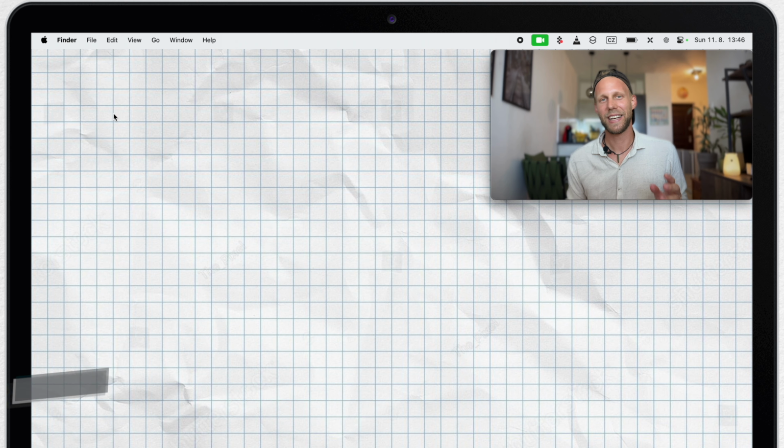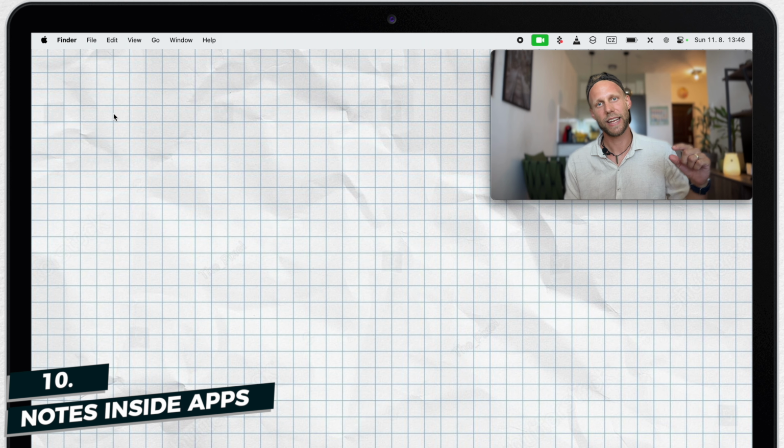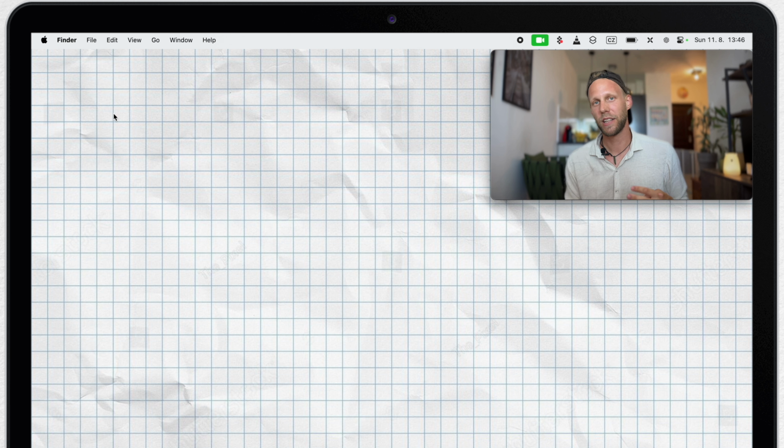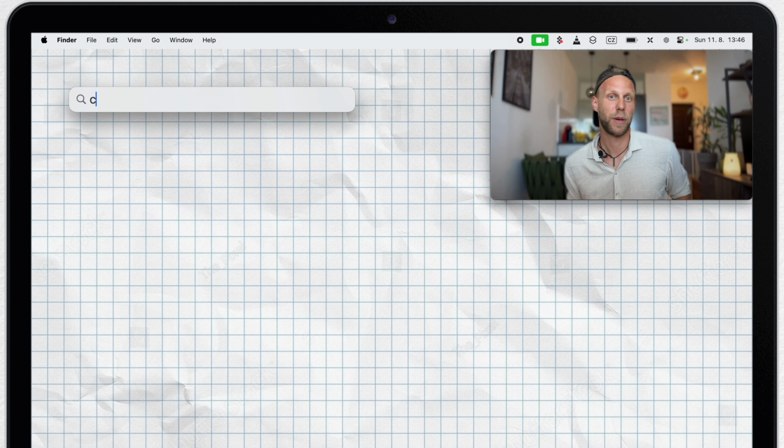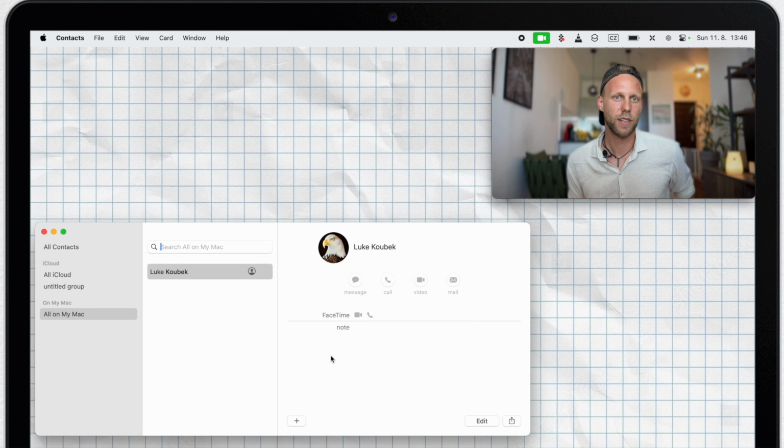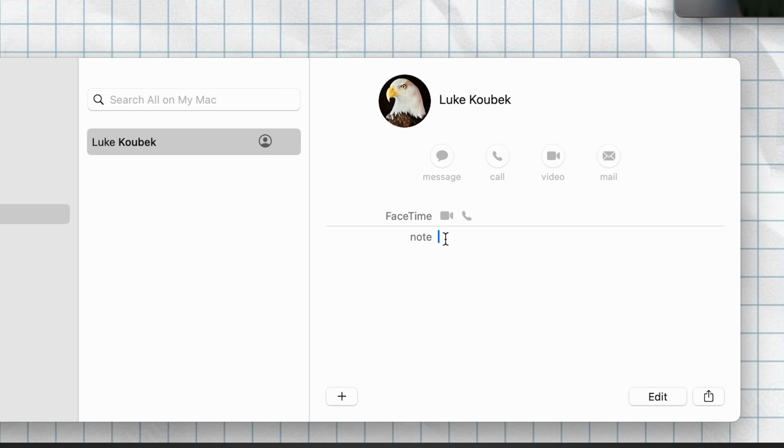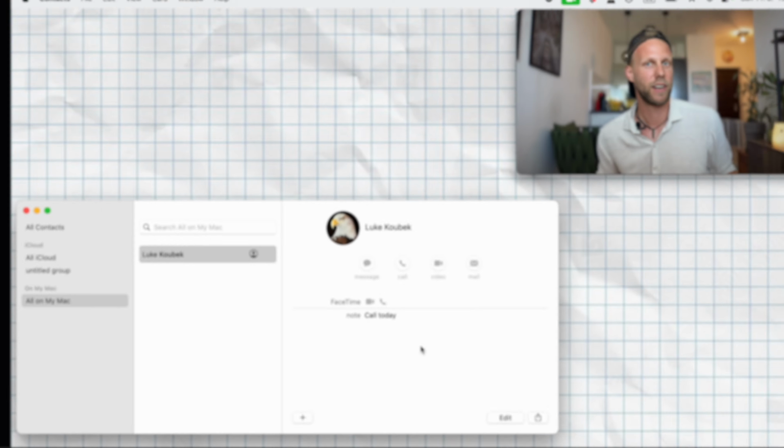But there are so many other apps which have a notes section included inside of them, and that might be a nice place to put some extra information in a specific situation. One app where you would probably not expect this is the Contacts app. Here is a small space where you can type more information about a contact, or maybe just write a reminder